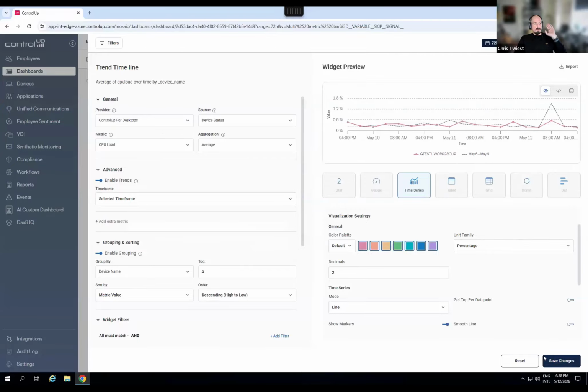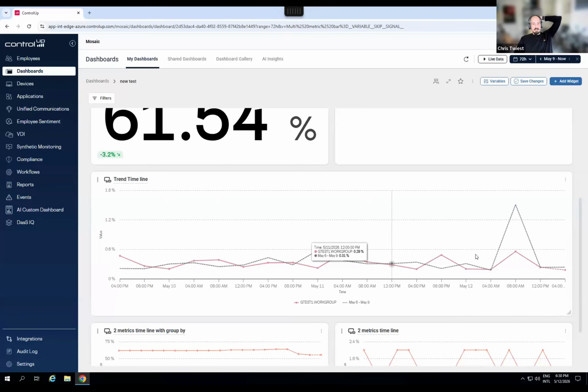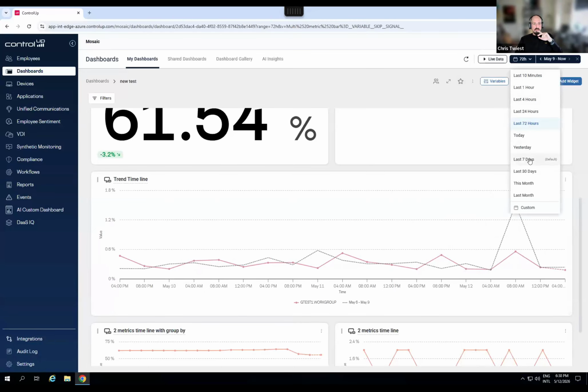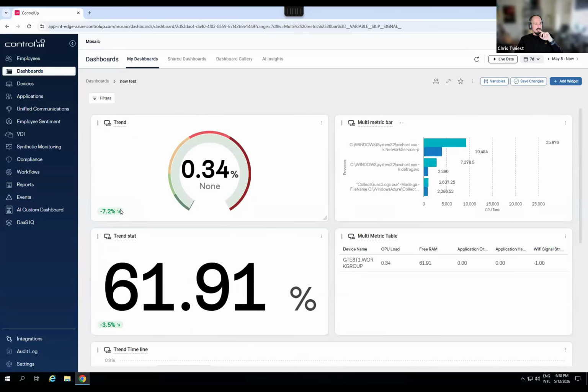It's also always a good idea when using a time series that you really see how the time frames are changed. And then in a stat and a gauge, we just take those two values, subtract them from each other, and do a percentile. So this one is set to the last 7 days.